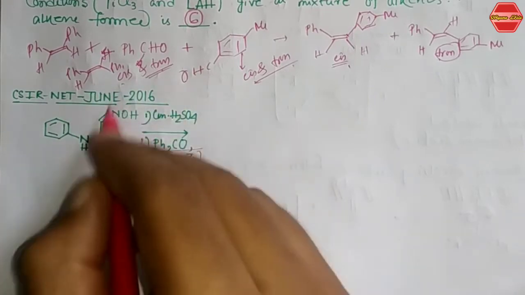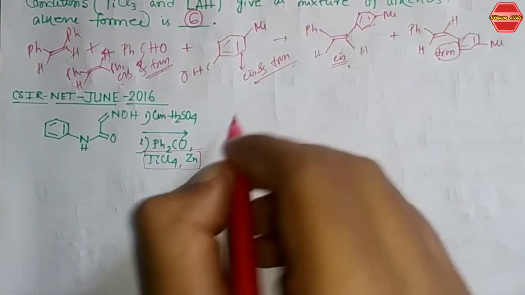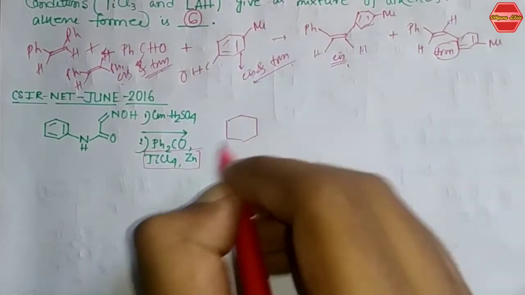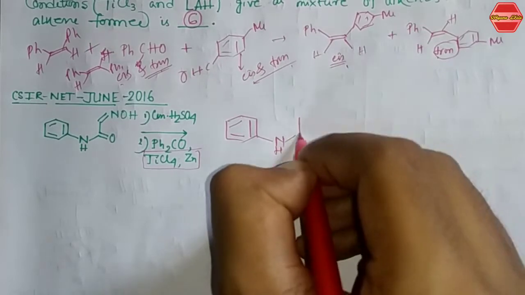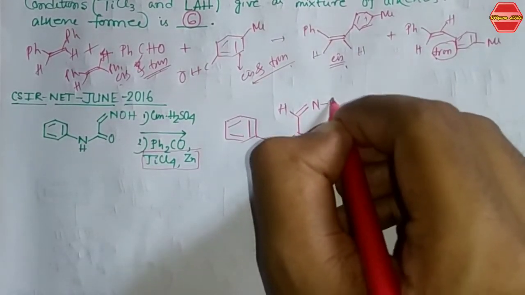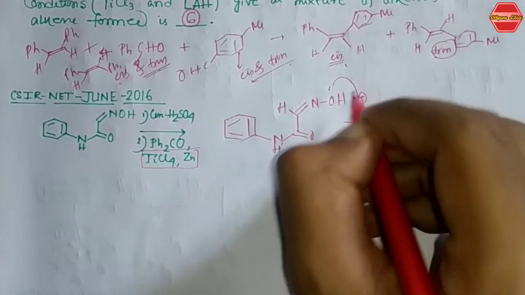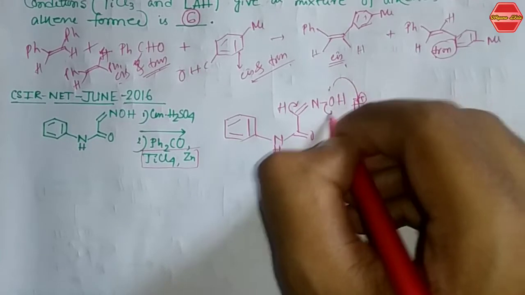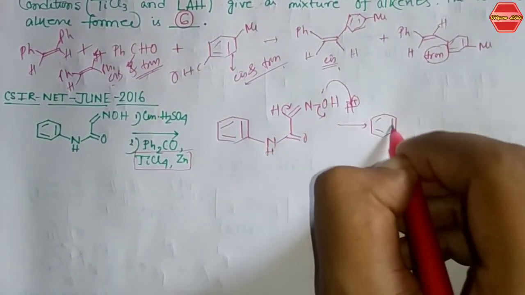Now first of all, you have the concentrated H2SO4. You have to prepare the substrate so that it can undergo the McMurry coupling reaction. You can see here this kind of substrate is given, this is your hydrogen, double bond NOH, right? So H plus is given, so this can take a proton, it can go here, and it can leave from the system in this way. So if it leaves from the system in this way,